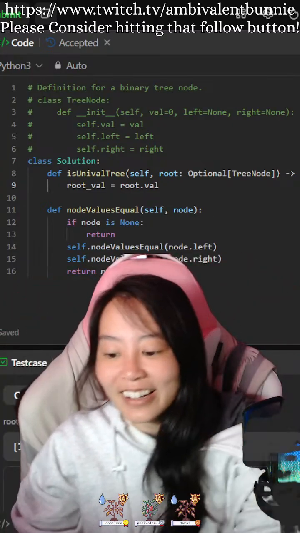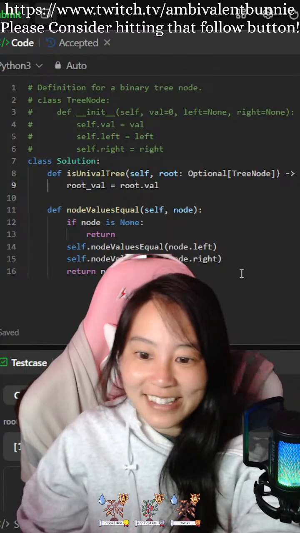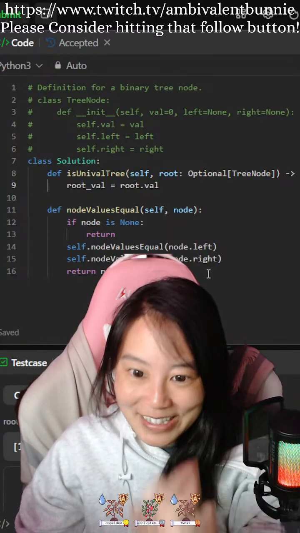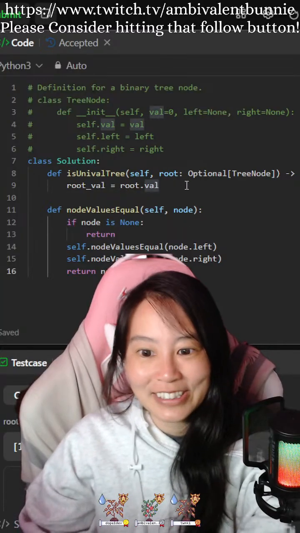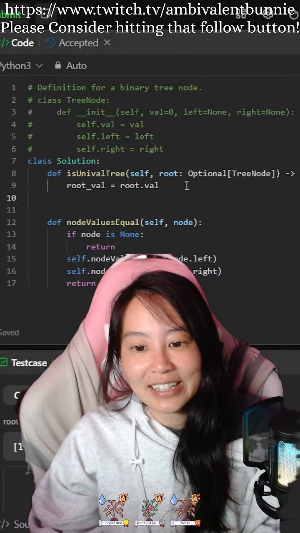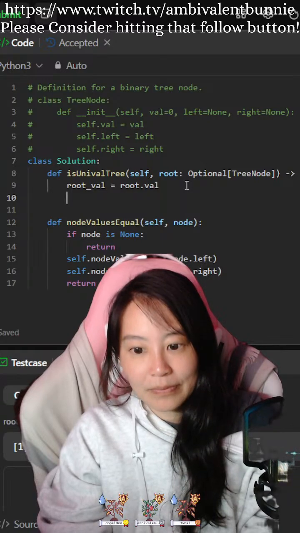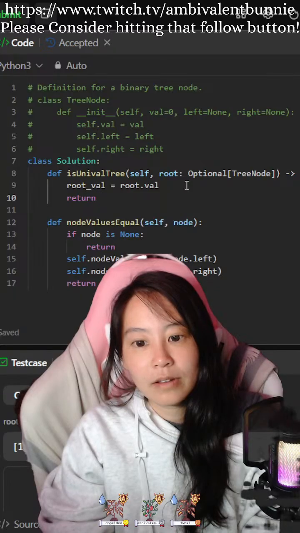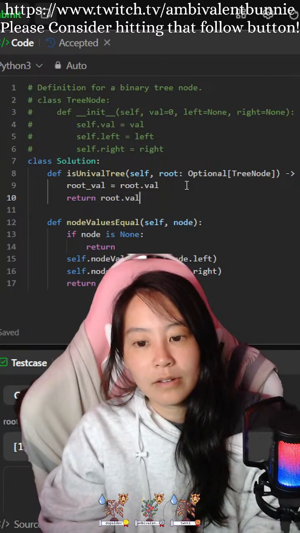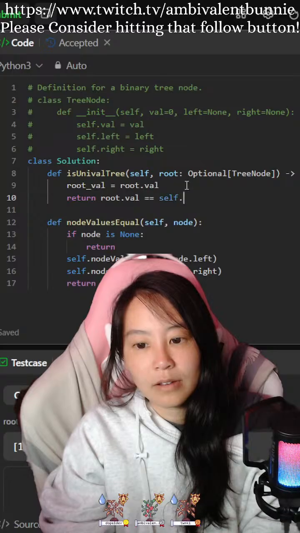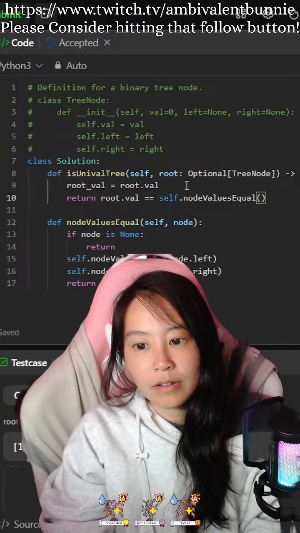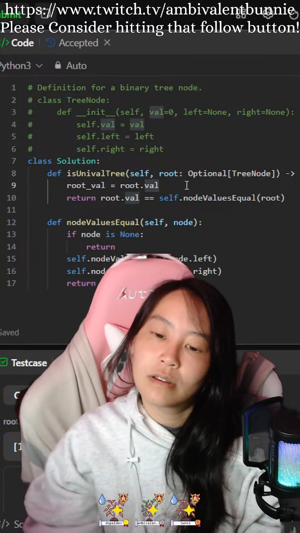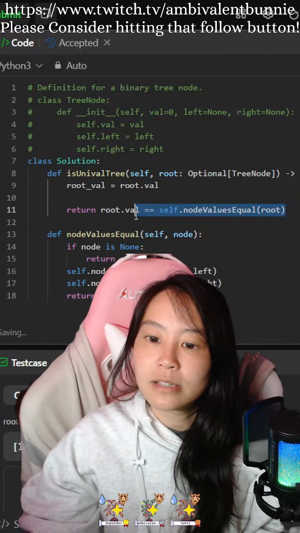Okay, guys, hold on. I need to figure this out. I want to figure this out. Return node dot value. Okay, so... Okay, let me see.